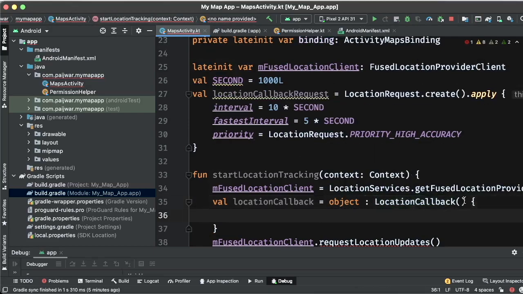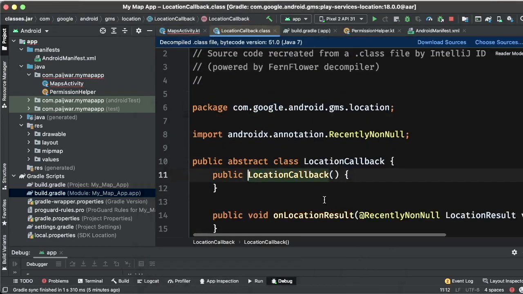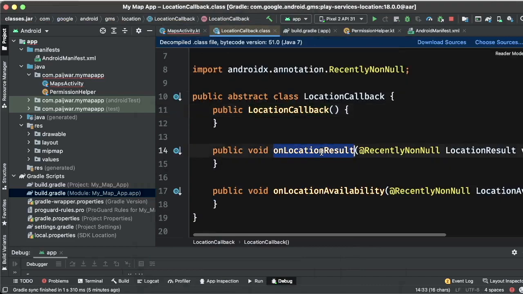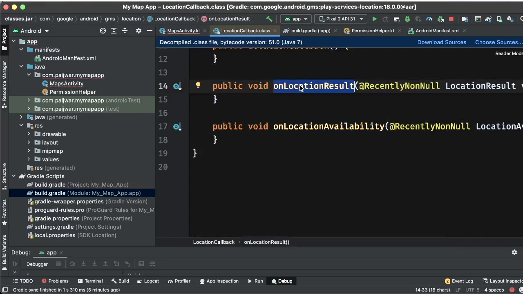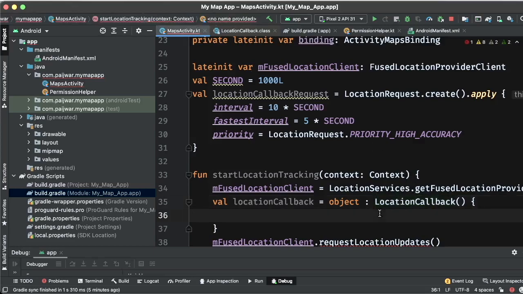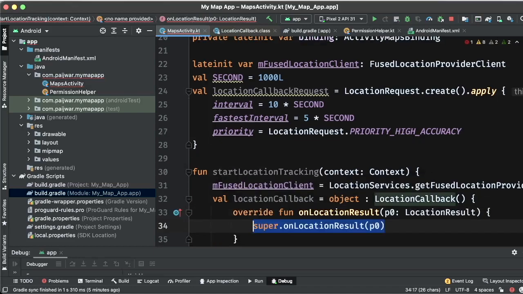Yes, this is the interface that we will be defining, and in that interface we'll see onLocationResult and onLocationAvailability. So we need to override onLocationResult.